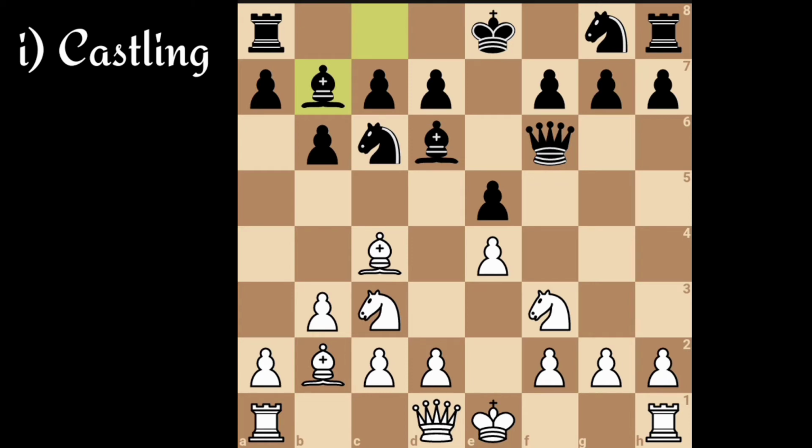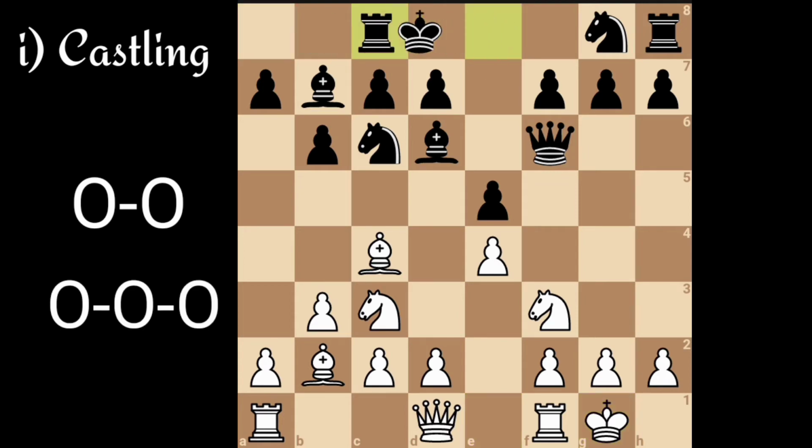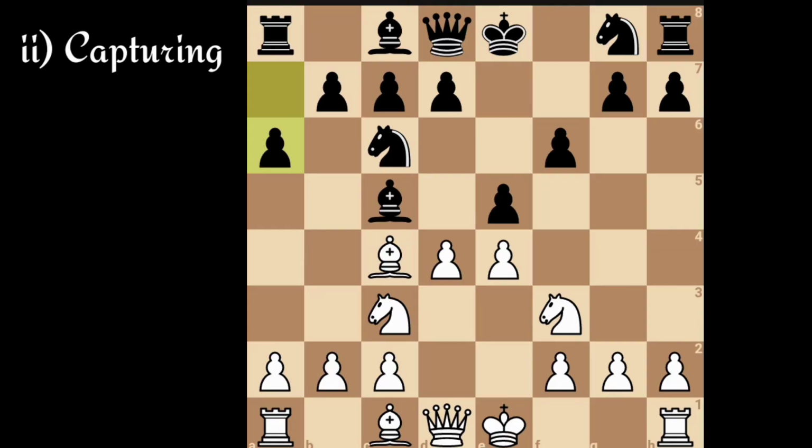The king side castling or the short castle is represented by 0-0 or O-O. The queen side castling or the long castle is represented by O-O-O or 0-0-0. The notation for capturing is the letter for the piece followed by a small x and the square at which it captures.